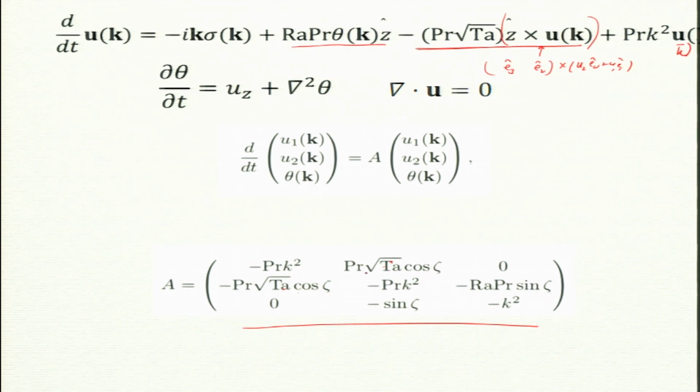So, Taylor number 0 will give you this one is decoupled. If I set Taylor 0, this will decouple. So, U1 will decay. Now, because of Taylor number being non-zero, this will not decay. It is a positive feedback. Okay. Now, Taylor number is coupling U1 and U2. Do you see that? Because without Taylor number, U1 was decoupled and decayed because of viscosity. But now this will remain. This will be playing a role in instability.